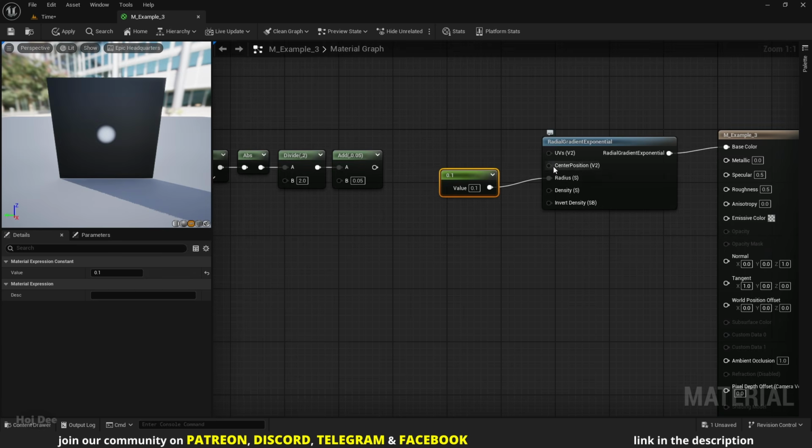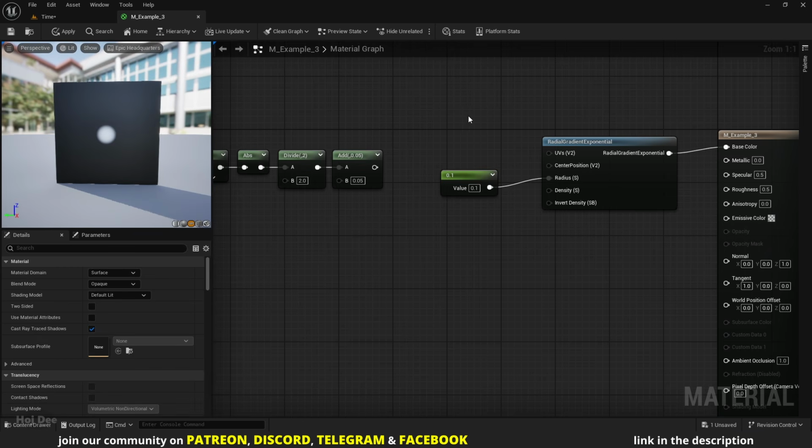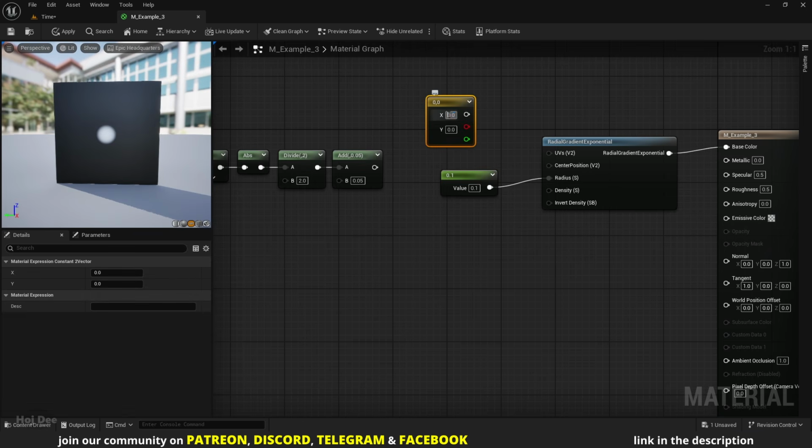The center position input can control the position of the gradient. Its default value is a constant 2 vector which is set to 0.5 and 0.5, and it's the center of this plane or the UV map. Hold 2 and click to add a vector 2, set it to 0.5 and 0.5 and connect it to the